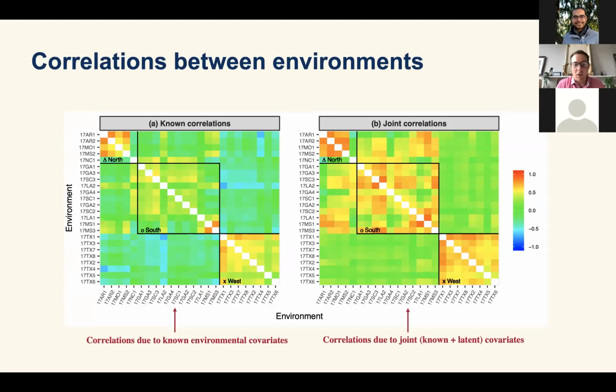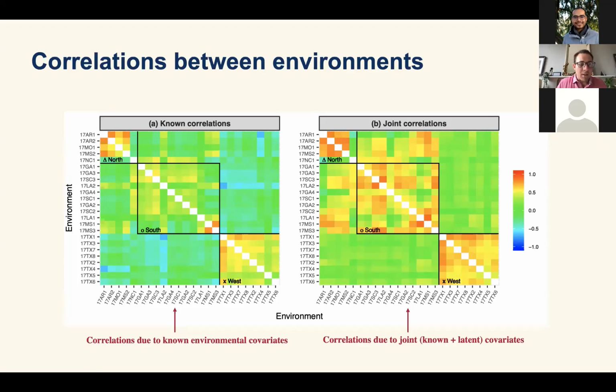These are what we call the correlation heat maps between environments. So basically how well they are correlated. A correlation of 1, which will give you a red, will basically say the rankings of the genotypes in those two environments are the same. You go all the way down to -1, and you have the rankings completely reversed. And then somewhere in the middle, there's some sort of non-similarity between that.